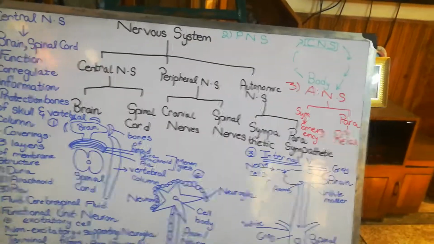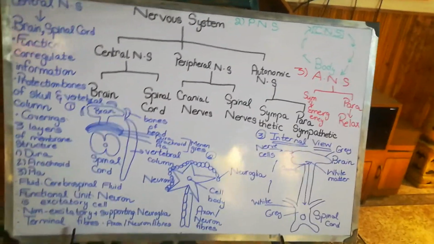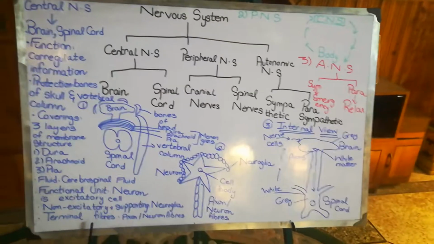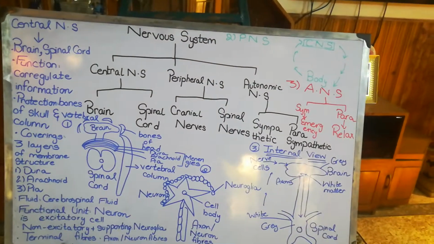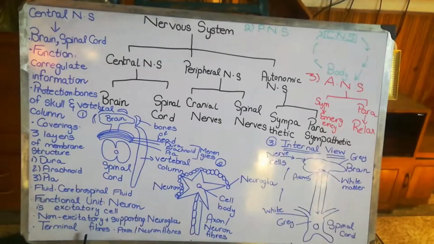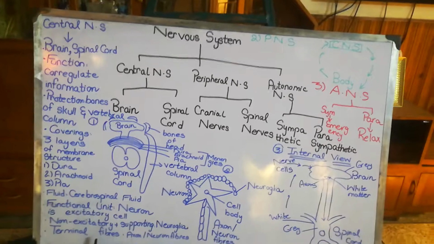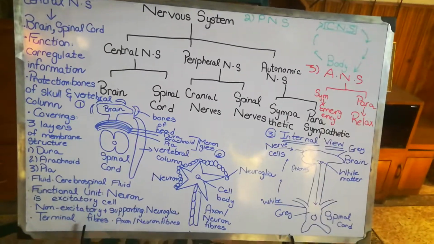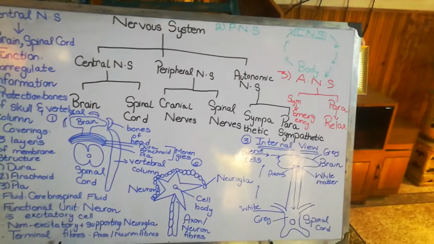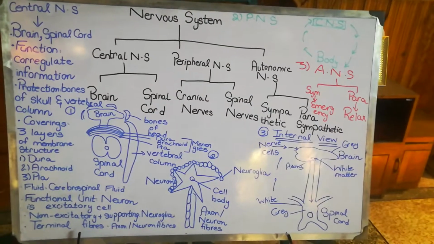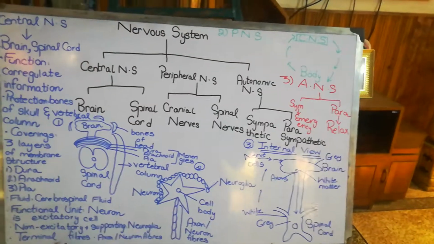The nervous system, as you all know, is a very important system of our body. If there was no nervous system, our body would not be able to even pick up a single pen. It is because of this nervous system that we are able to move, pick up things, hear, and understand. If there was no brain, no spinal cord, no nervous system, we would not be able